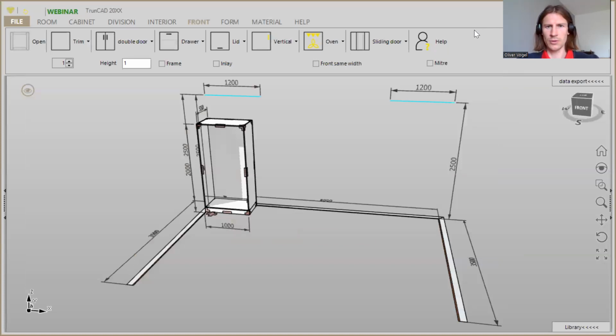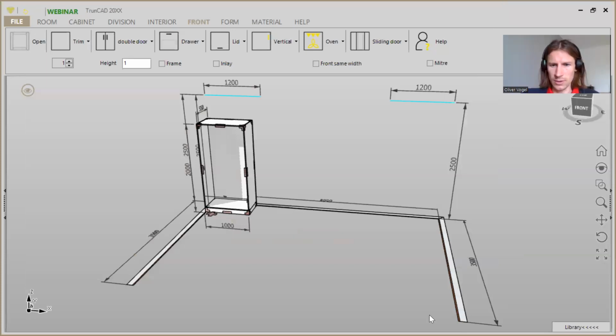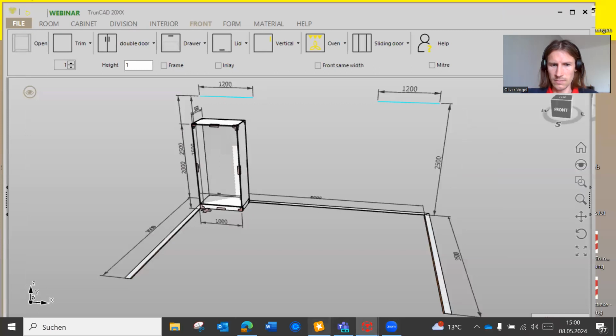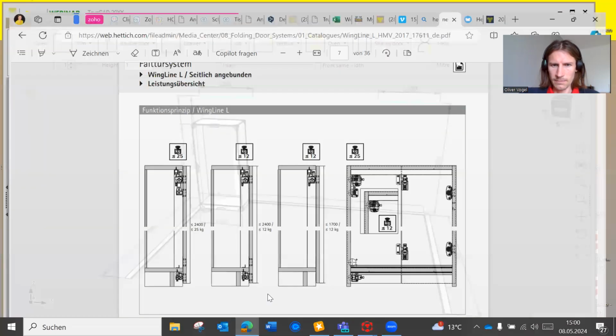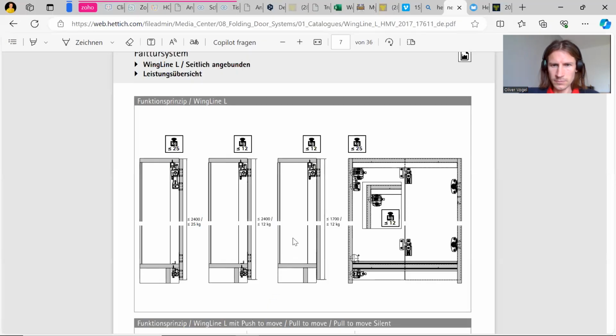So what we have done now is a hinge, but I show you here also in a catalog, the hinge we have, and now we need to have also